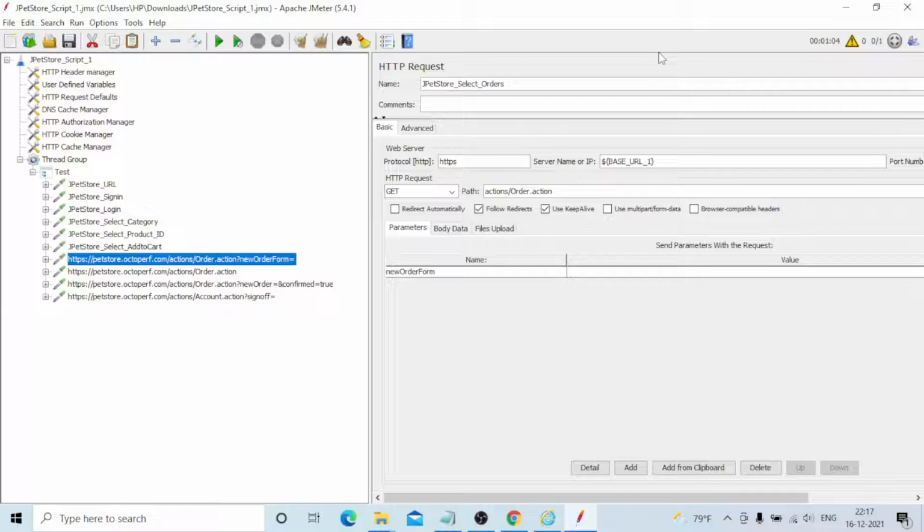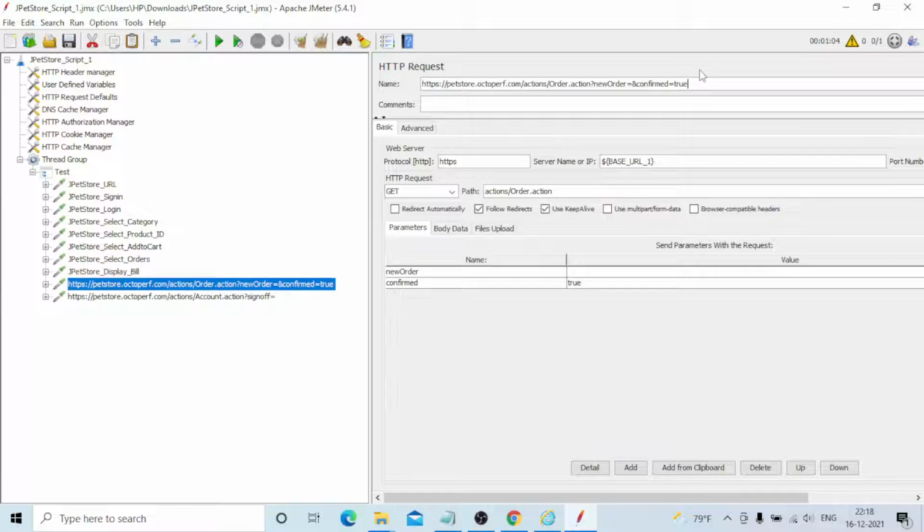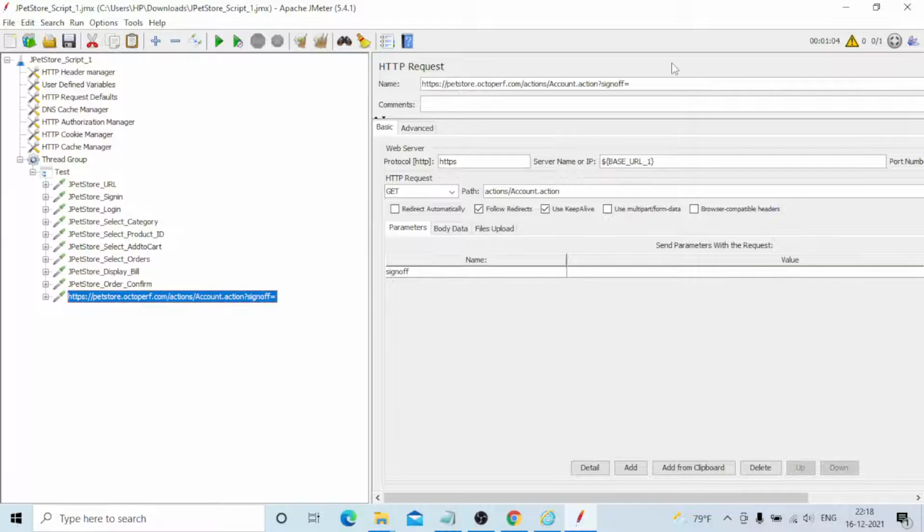Select orders. Display bill. Order confirm. The final one is the sign off.